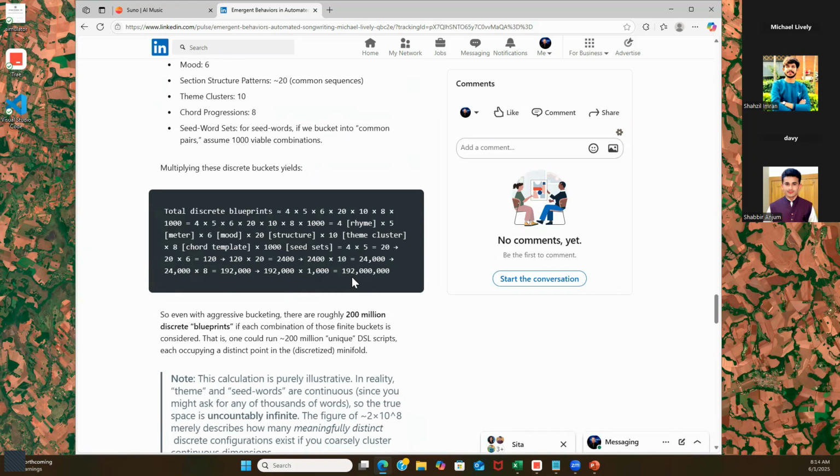That might sound like a really large number, but on the scale of AI, that's a tiny number. When I see that number, I get so excited because it's something I can actually work with. I can work with 192 million. I can't work with 2.3 exabytes. That's the big difference. We're moving from a 2.3 exabyte space to 192 million, which is a really small number in comparison.